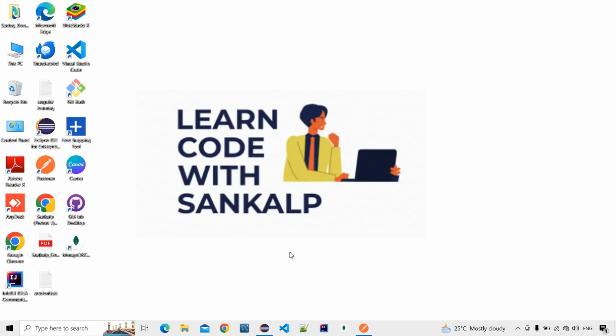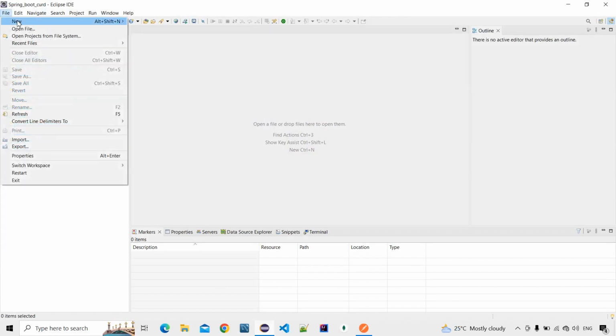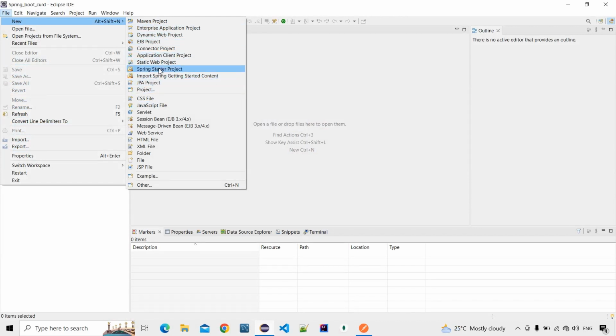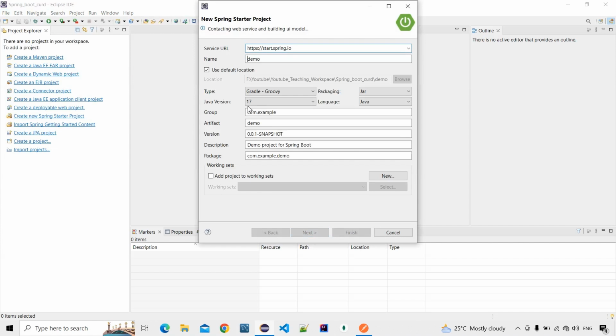Okay guys, we are creating a new Spring Boot project. Firstly, we open our Eclipse IDE. Inside Eclipse, we create a new project, then choose Spring Starter Project. Then in the Spring Starter project, we create a new project. Here we can give the name like